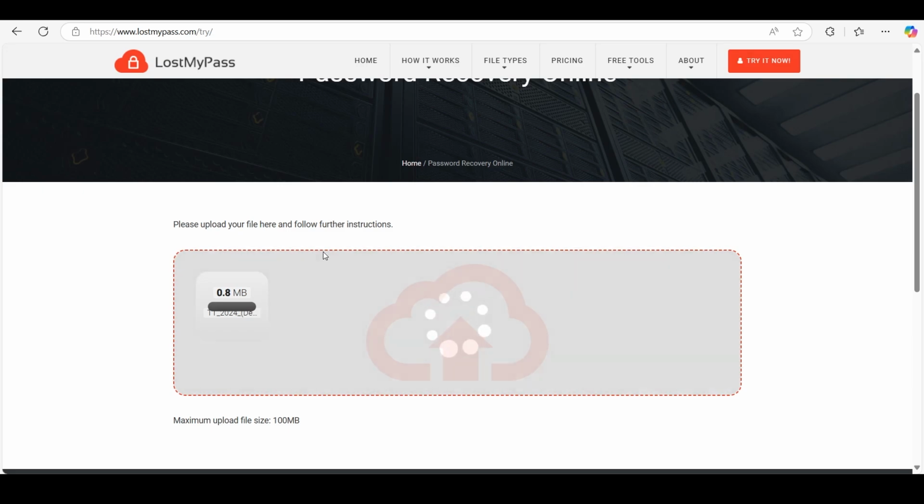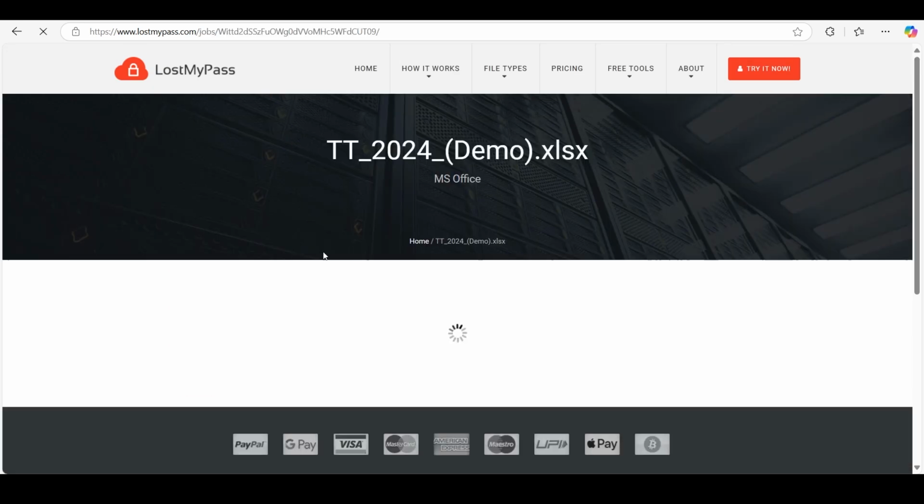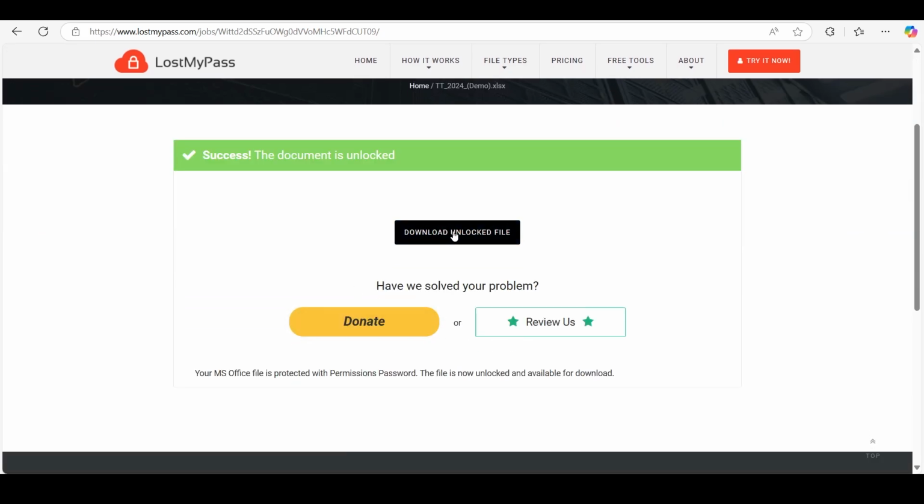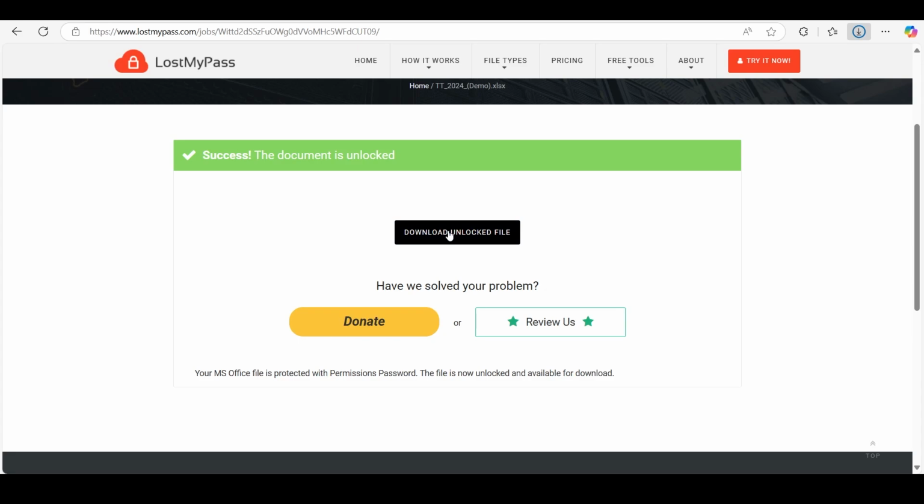And that's it! Once the process is done, you can download the unprotected version of your Excel sheet and access it without any password restrictions. LostMyPass is a quick and effective way to unlock Excel files without any technical steps. But if you prefer not to upload files online, let's move on to our second method, which you can do